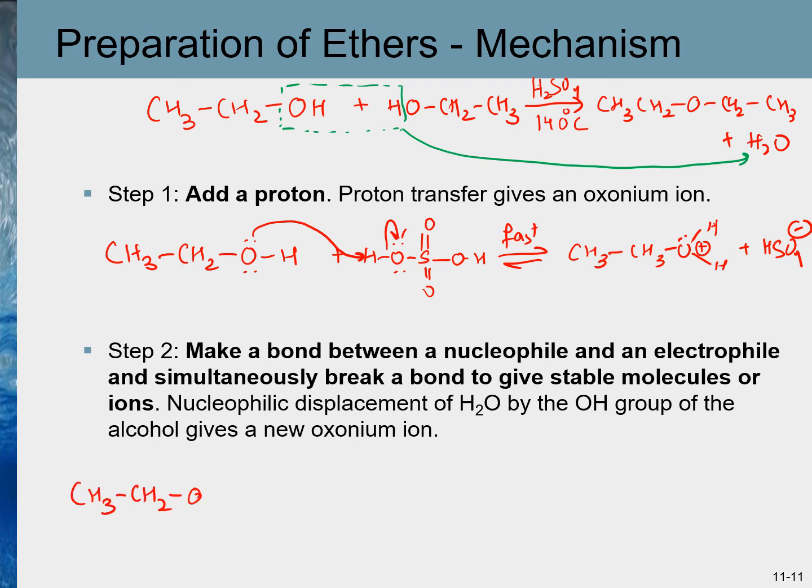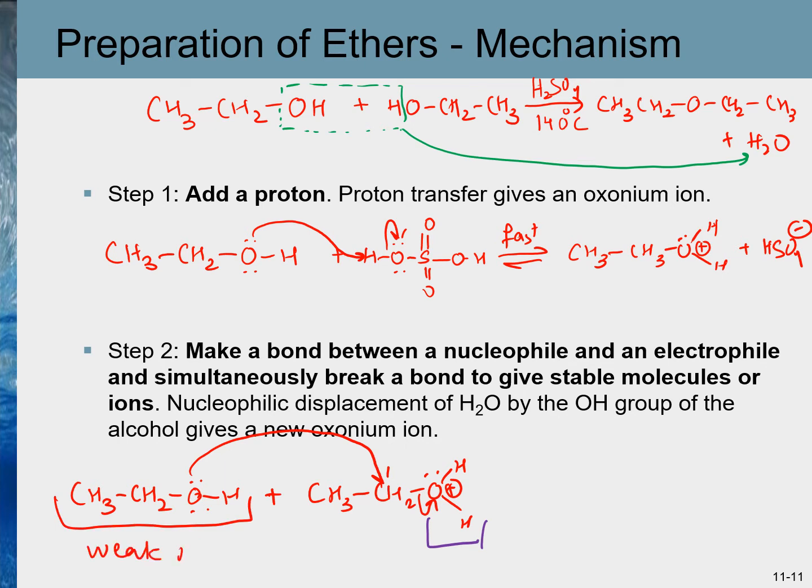another alcohol molecule attacks the alcohol with oxonium ion, which was generated in step number 1. Remember, this oxonium ion is a good leaving group, so this attack by a weak nucleophile can also produce this reaction product. Normally in SN2, weak nucleophiles are not preferred, but because oxonium ion is such a good leaving group, even a weak nucleophile such as alcohol can result in